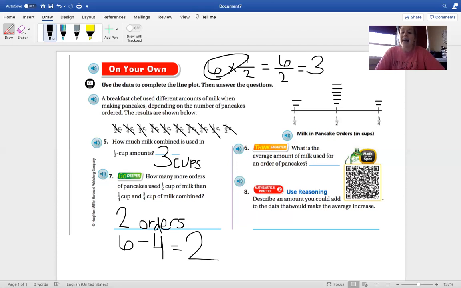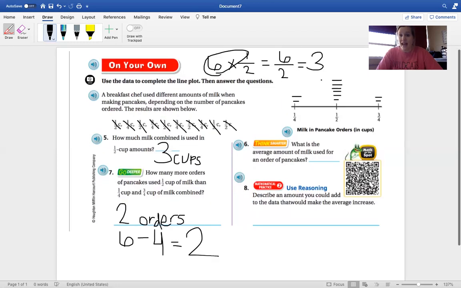So, what is the average amount of milk used for an order of pancakes? Well, we need to pause first and remind ourselves what an average is. An average is when you add all your numbers together and then you divide the total by the number of data points that you had. So we know that we're going to have 6, 7, 8, 9, 10 numbers total. So we're going to have to add up all of these data points and then divide it by 10, okay,